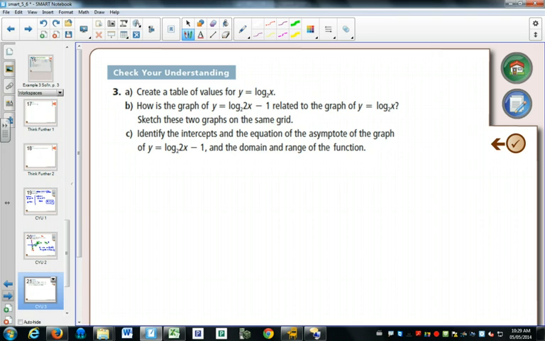Okay, we're going to graph. We're not going to create a table of values for y equals log 2x. We're just going to graph it. And we're going to graph them beside each other instead of on the same graph. It's easier to see. And that's what we've done in our transformations unit. So the same transformations that we have done for all of our graphs, we can now do for log graphs